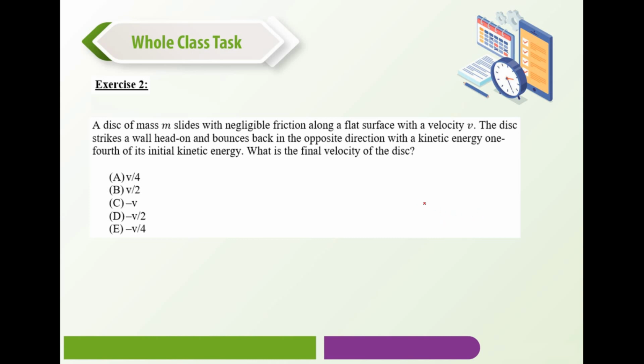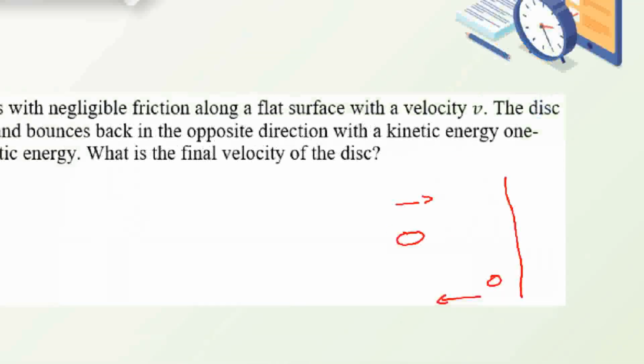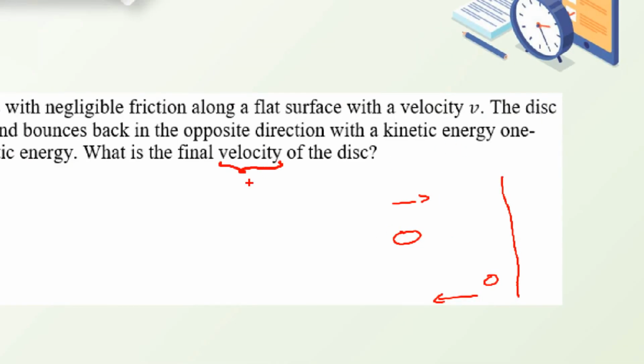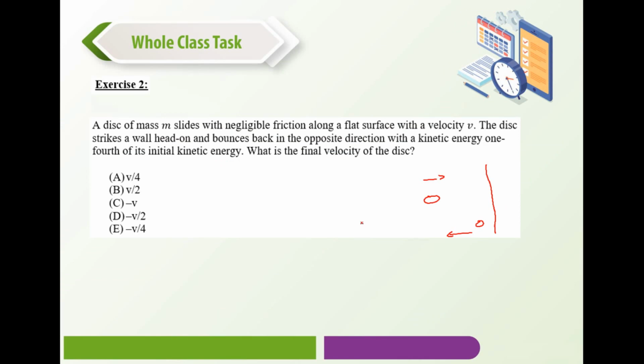Now let's do a sketch. This is the disk that is sliding, and it will hit a wall. Then after hitting the wall, it will slide back in the other direction. And remember, be careful here that they're asking about the velocity, and velocity is a vector quantity in which we're interested in directions. Now, since we are interested in velocity, then let me say that the kinetic energy would be